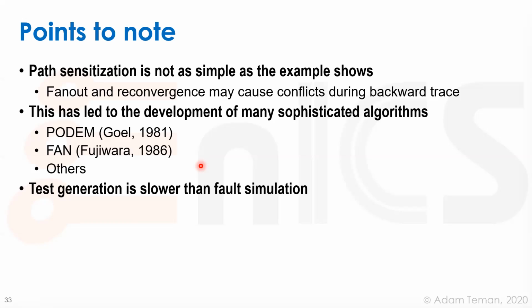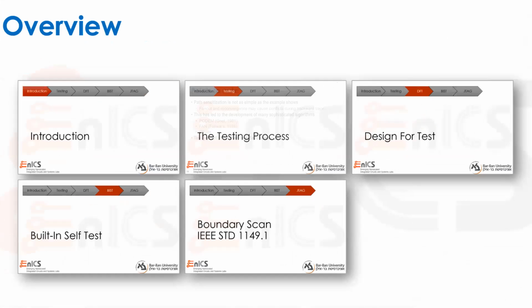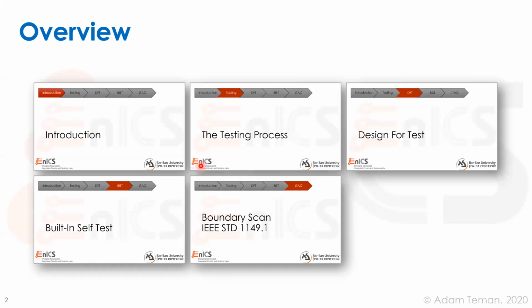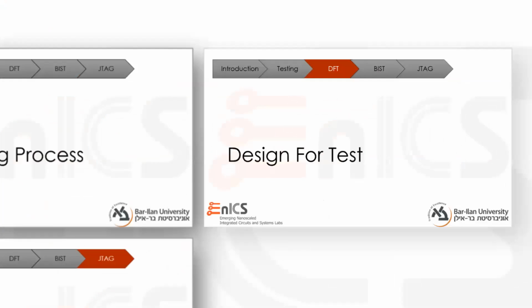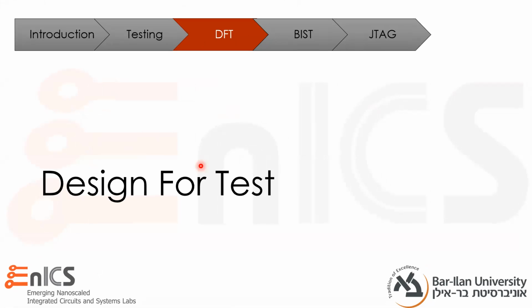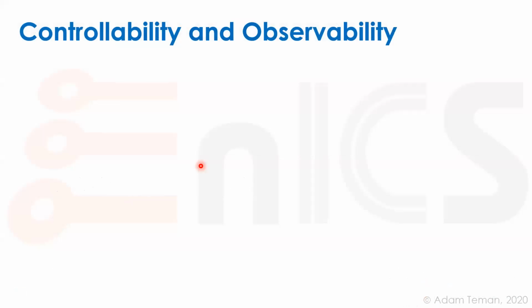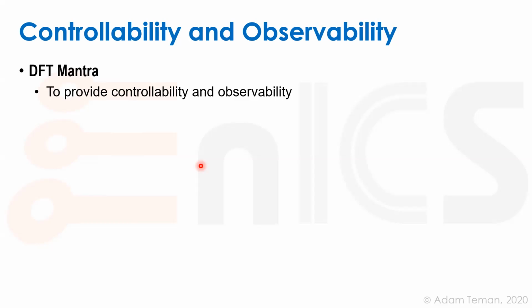Okay, so now we know how to actually do our tests. We know how to set the different vectors that are going to tell us what our fault coverage is. But there's a huge problem which leads us to design for test. So the problem starts in our control theory, and I think that most of you learned what controllability and observability are. So the DFT mantra, when we design for test, we need to provide controllability and observability to our